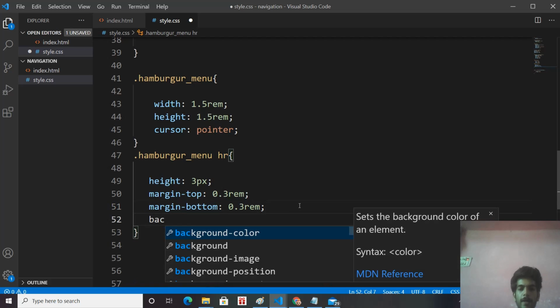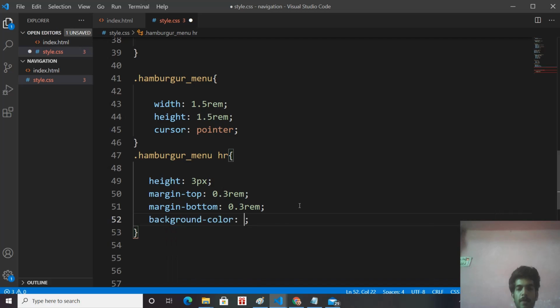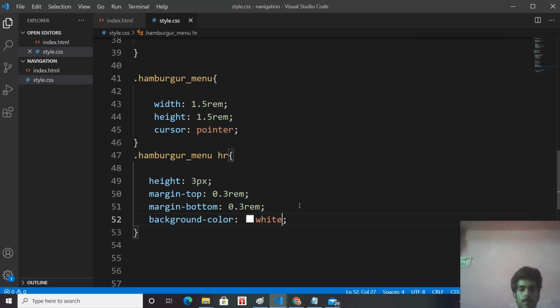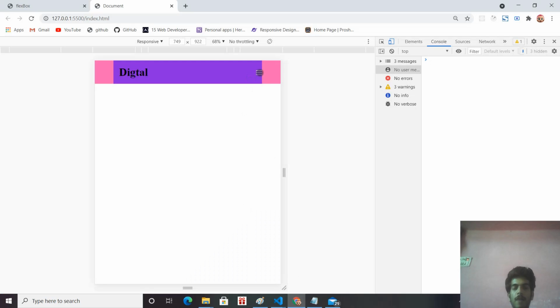Give background color white to the horizontal rows so it appears better. And if you see this on the screen, see, our horizontal row has a 3 pixel height and it has a background color of white.